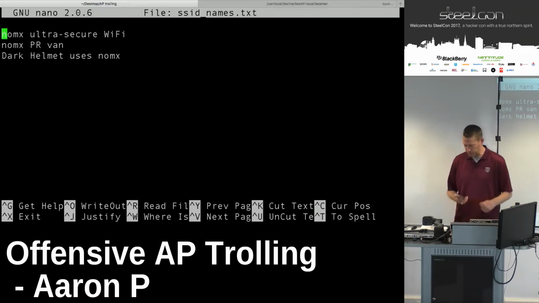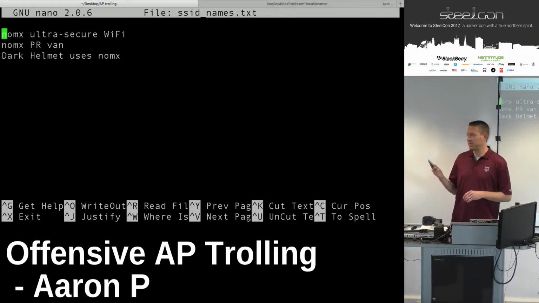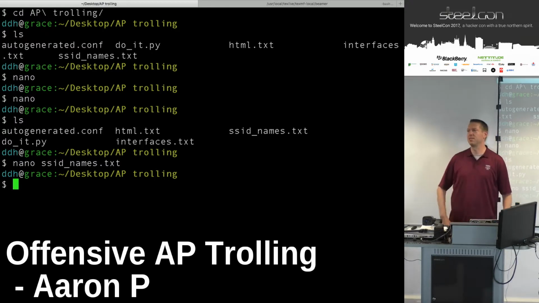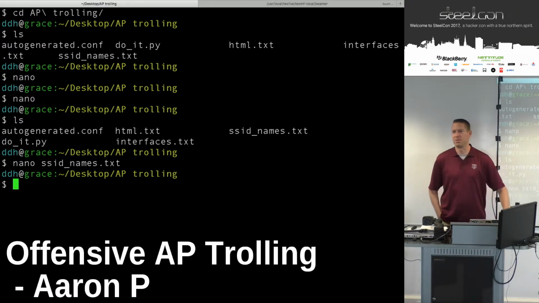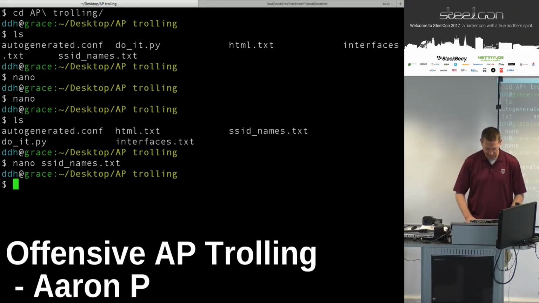If you want to pull up your phone and look at SSID names right now, you'll see the NOMEX Ultra Secure Wi-Fi is online. Feel free to connect to it. It's not malicious. Never believe me. Do what you want. If you do pull it up, it'll actually say you're stupid for connecting to an unencrypted Wi-Fi access point. What could go wrong? And then it'll redirect you to a clone of the NOMEX actual web page with some substitutions in there. So feel free, do what you want.